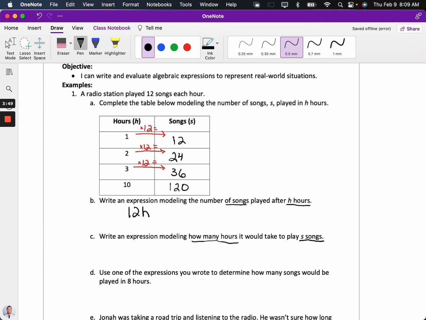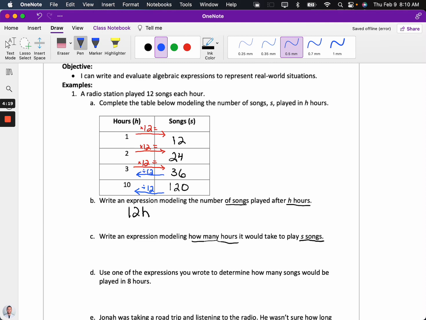Meaning we're going from S back to H. How do I get from the S side, from songs played, back to figure out how many hours it is? And we see that this relationship is the inverse of multiplication. So instead of multiplying by 12 to get from 10 to 120, now I'm just going to divide by 12 to get back